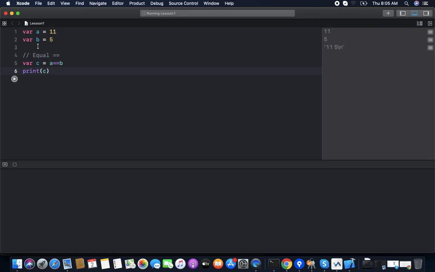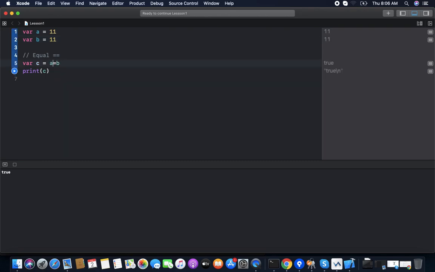Because a is 11 and b is 5, both are not equal, so it's false. But if both are 11, then it's true.